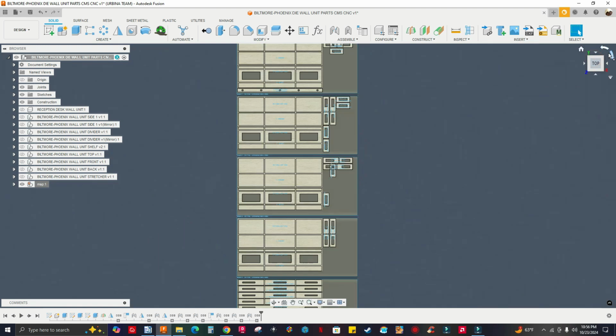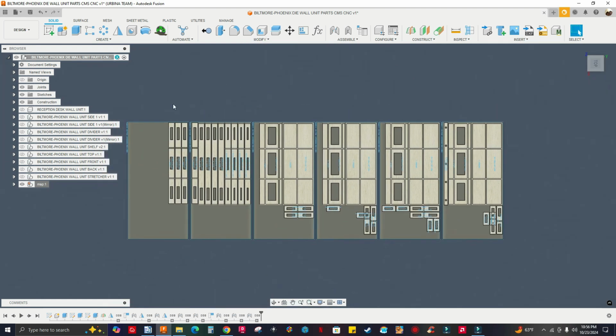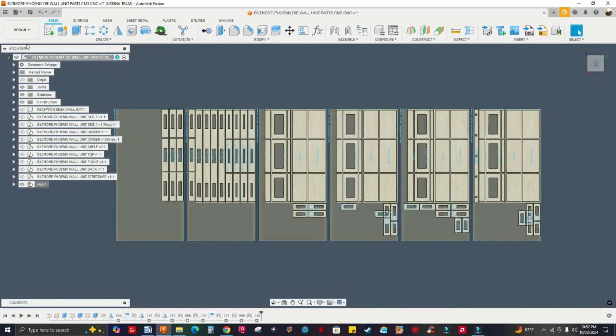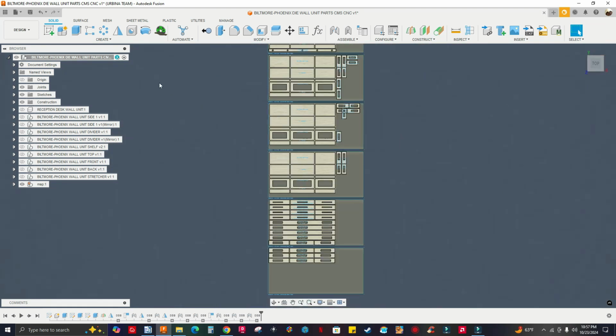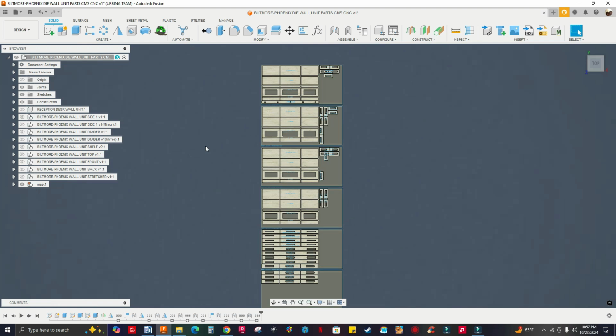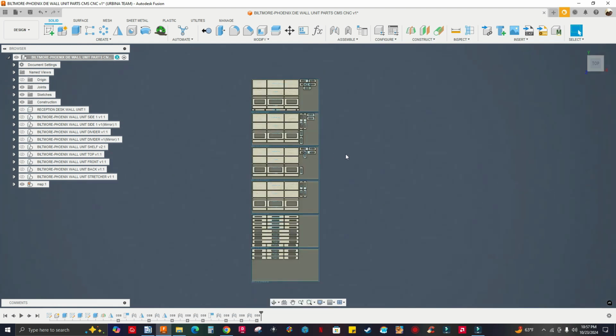Look at that, man. And then I can just go to manufacturing and create setups and start programming this, which I'm not gonna do in this video. This is just nesting this die wall using MapBoards Pro. All right. I can nest this with the nesting and fabrication features under the manufacturing extension, which is a paid extension, and